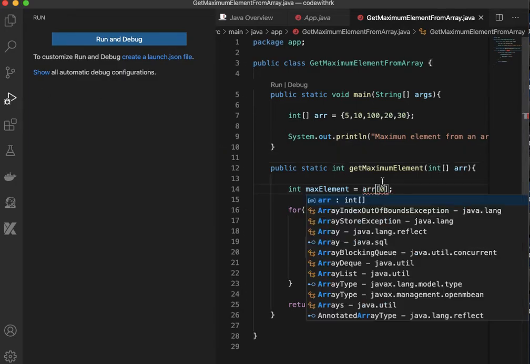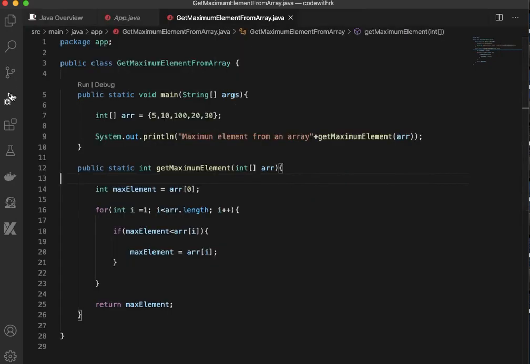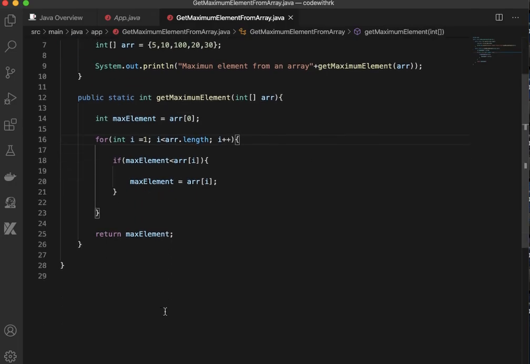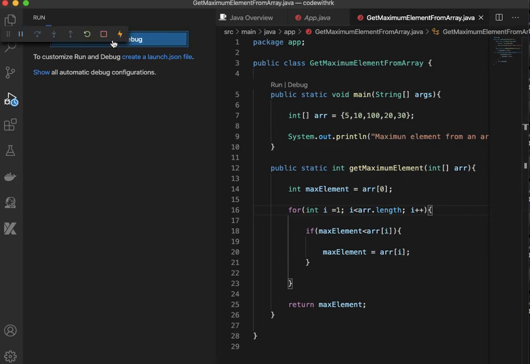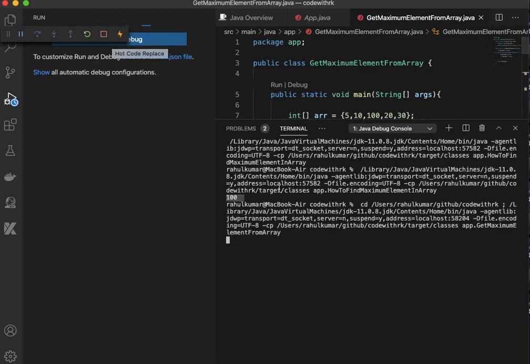There is one error which I need to solve. So here we can see that the maximum element from the array is 100.